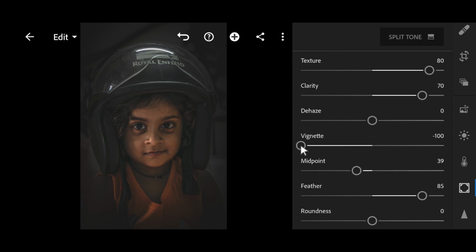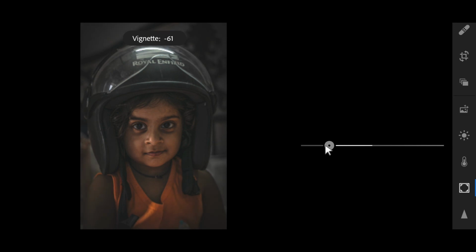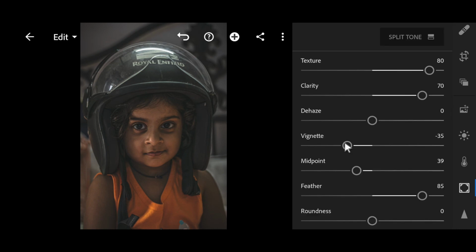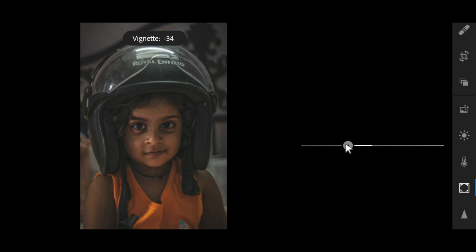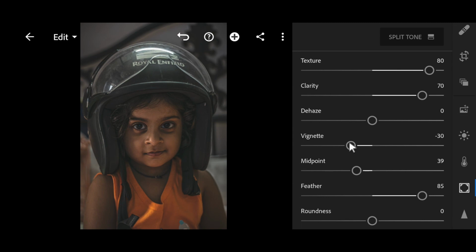And now I'll just reduce this vignette. I'll keep it at say 35. 35 looks good. 35 or 30. I think 30 is looking great.